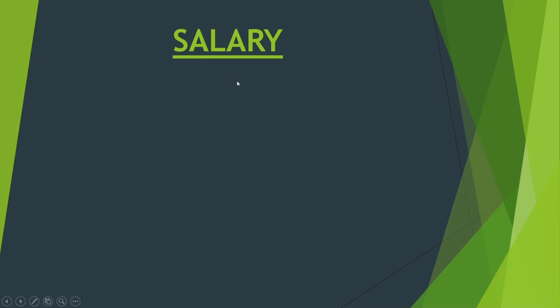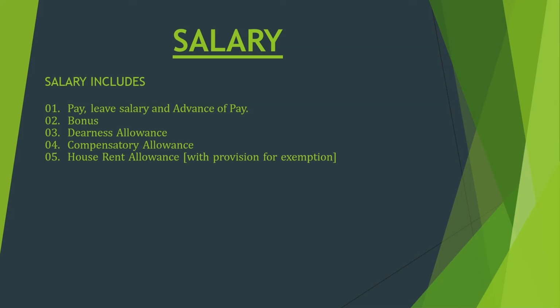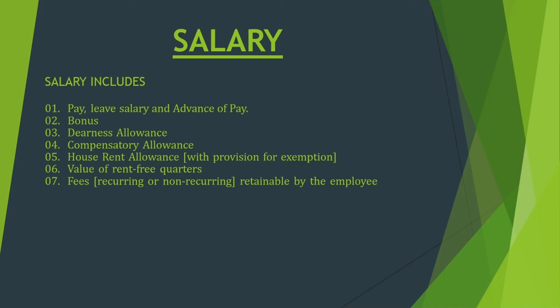First, let's see what are the components of salary. The salary includes pay, leave salary and advance of pay, bonus, dearness allowance, compensatory allowance, HRA with provision for exemption, which we'll be soon discussing in this video, value of rent-free quarters, fees retainable by the employee, honorarium and children